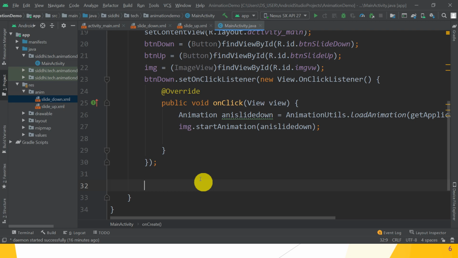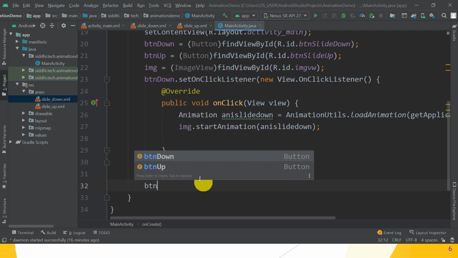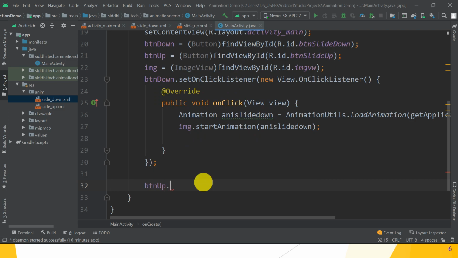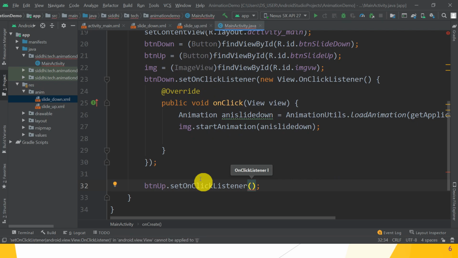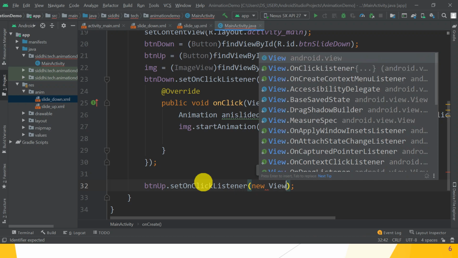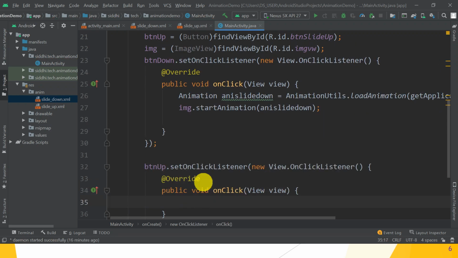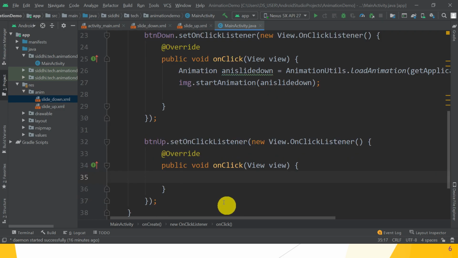Now it's time to write the code for button up. So when you click on buttonUp.setOnClickListener, new View.OnClickListener, then write the code inside the onClick. So what is the code?